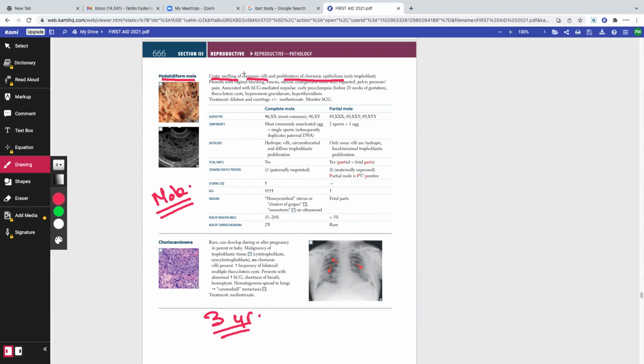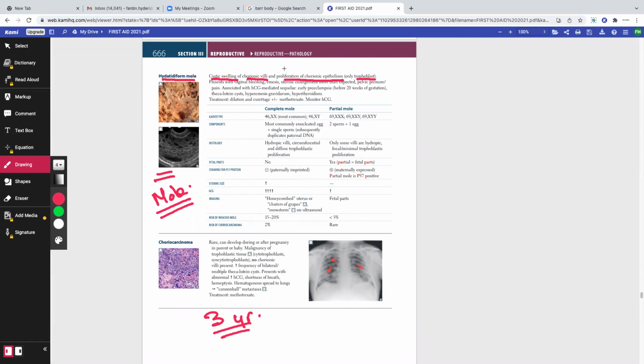In these patients, whenever we have implantation, instead of the zygote, first of all, you have a mole, and when they implant, there is swelling of the chorionic villi. And this swelling of the chorionic villi also results in proliferation of the trophoblastic layer, right? The trophoblastic layer has a cytotrophoblastic layer and a syncytial trophoblastic layer. Both of these things proliferate. Now the question is, cytotrophoblast is responsible for cellular synthesis? Yes or no? Fast answers, please. Very good. Syncytial trophoblast is responsible for HCG secretion? Yes or no? The answer is yes.